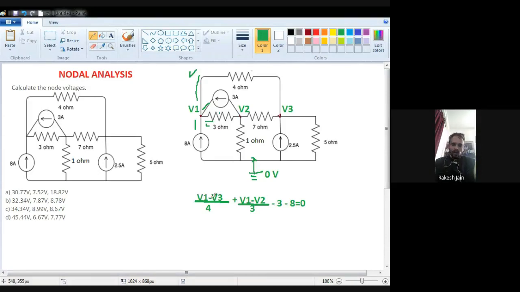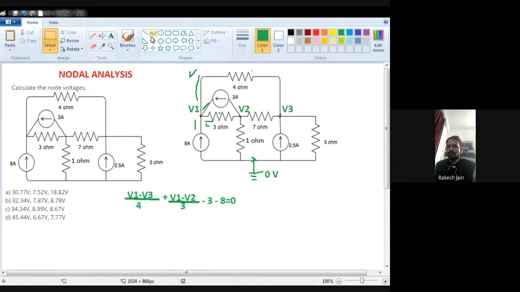And 2 node voltages are also there, but they are connected via the resistances of 4 ohm and 3 ohm. My node voltage is V1, so I write V1 as positive, because the other point of the 3 ohm is connected with V2: V1 minus V2 upon 3. One resistance is 4 ohm, so I write V1 with positive sign minus the other node voltage V3: V1 minus V3 divided by 4. Now we will simplify this equation and that will be the final equation of the first node. Okay, we will solve it.